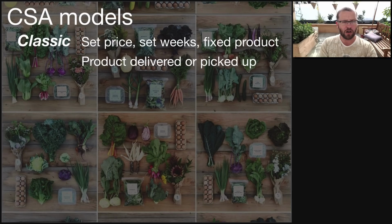So with the classic model, you've got a set price and set weeks. So you might say we've got a 30-week CSA, and on average those boxes are worth $25 a box. And so 25 times 30 is $750. So it's $750 up front for 30 weeks of CSA boxes, and that product is fixed. So what we put in the box each week as the farm is what you get. And this is, again,